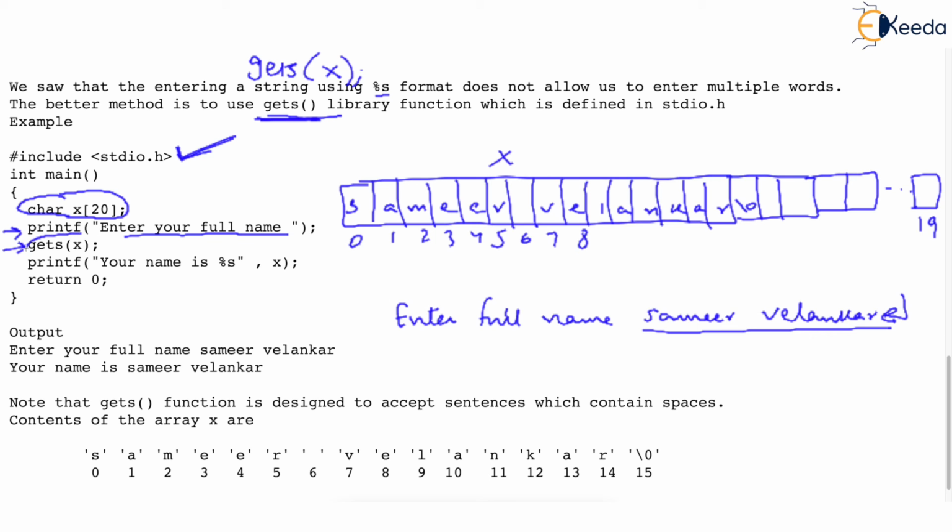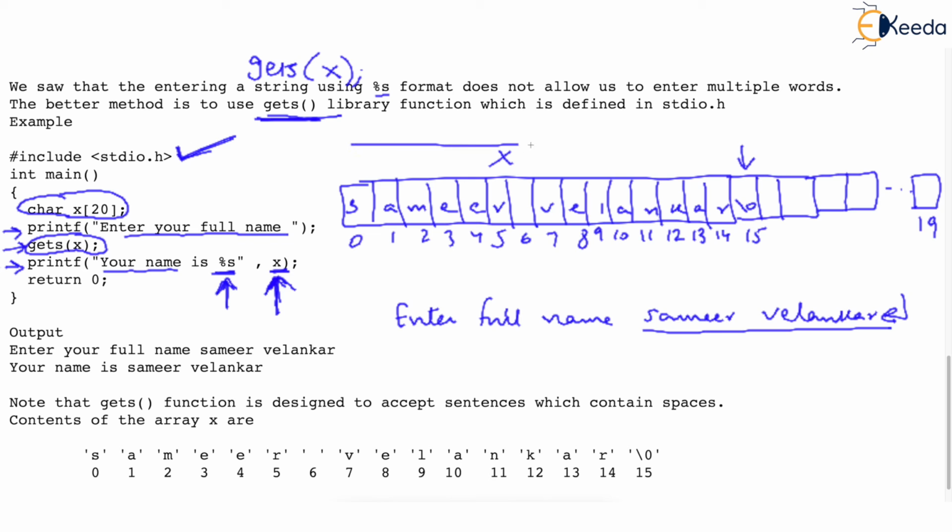gets is an efficient, or a simplistic, way to input an array of characters. Now you watch again that the \0 has been stored in the array, because at the end of the input, after the last letter, obviously \0 will be stored. Now you watch this printf. We are printing "your name is" and %s, and this %s is going to print the name stored in the X array. Check this parameter given. What are we printing? We are printing the contents of X.